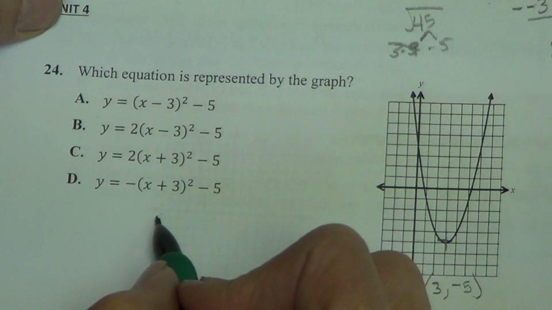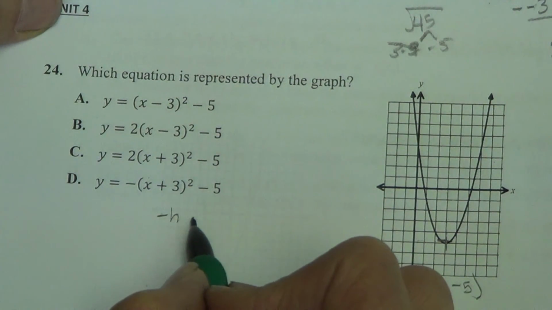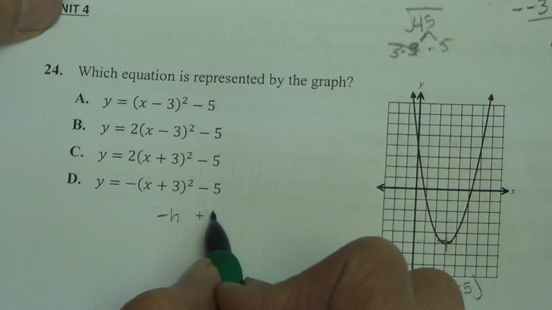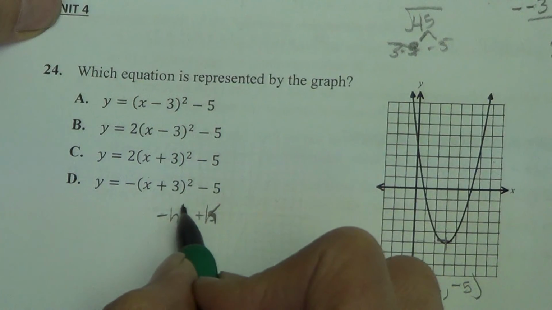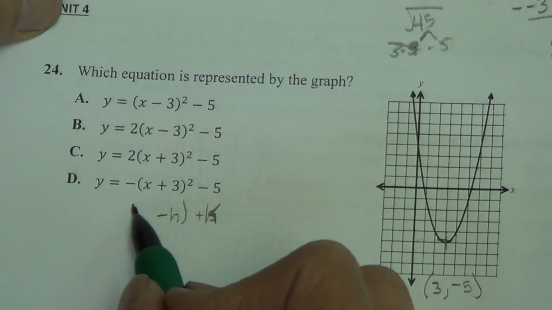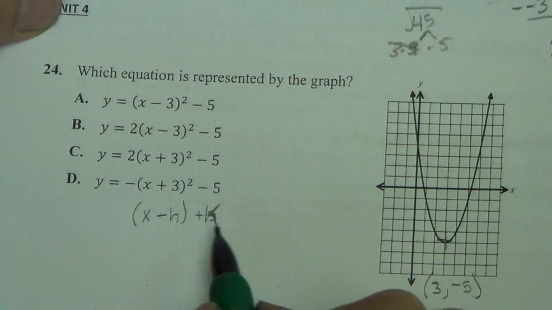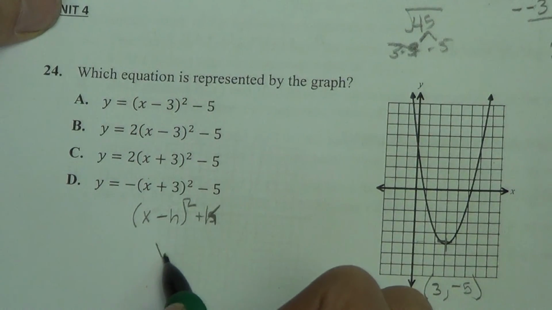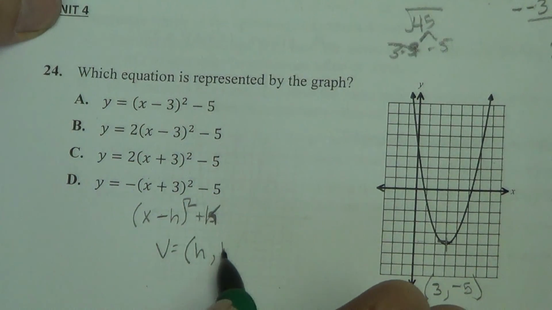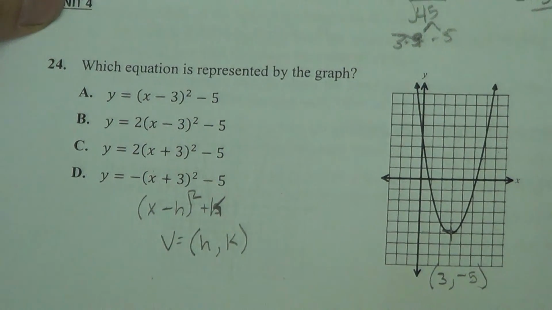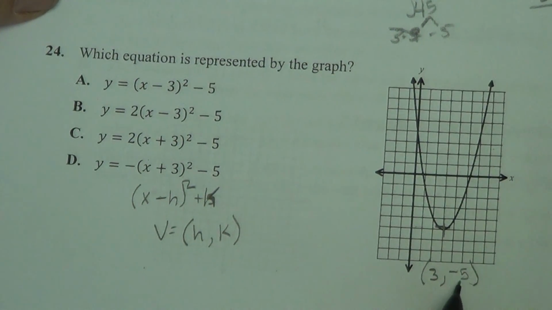And remember, it's shown as -h plus k, I'm sorry. And when you bring it into the vertex form, it is a positive h, and the k remains as is for the graph. So we're looking for